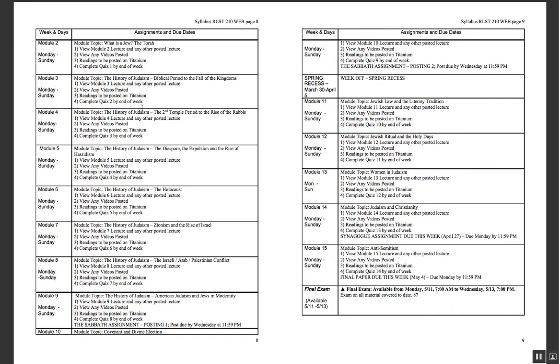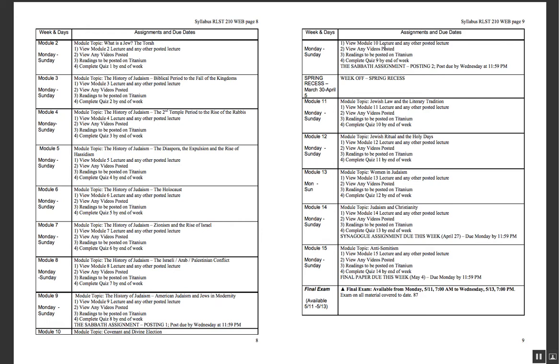But then we're going to be talking about history for about 5 or 6 weeks. This is going to be basically a survey of the history of the Jewish people from the beginning until modern times. So obviously there's a lot. We're not going to be able to touch on everything. We're going to hit the highlights, but I want you to know the general history of the Jews so that you can understand some of the other points in a little greater detail that we're going to be talking about.